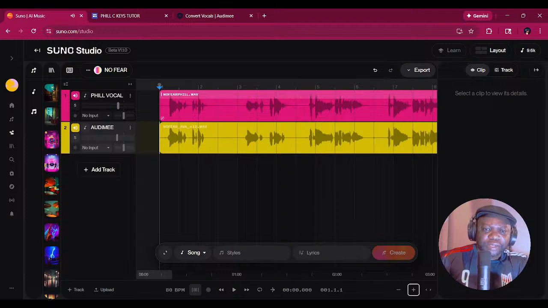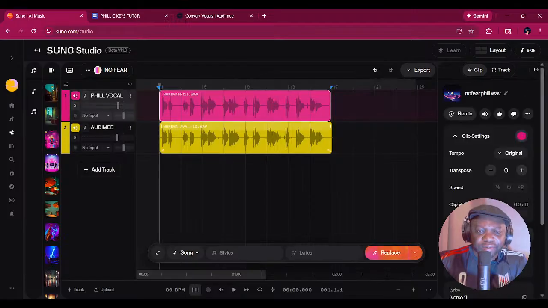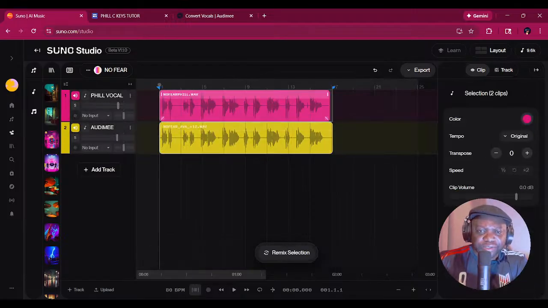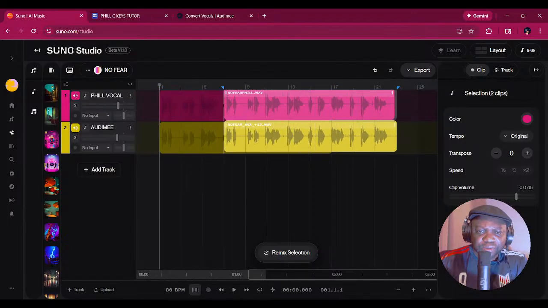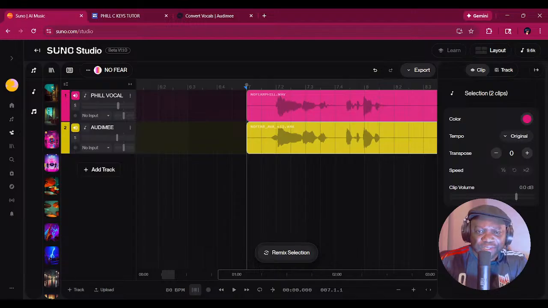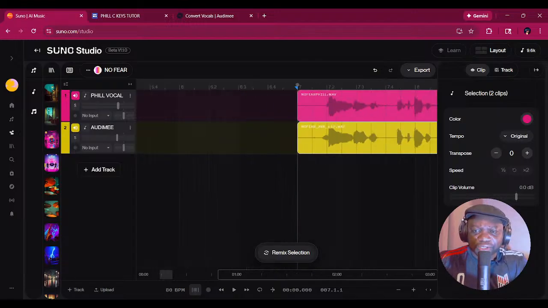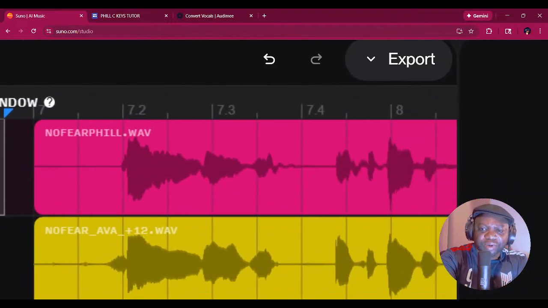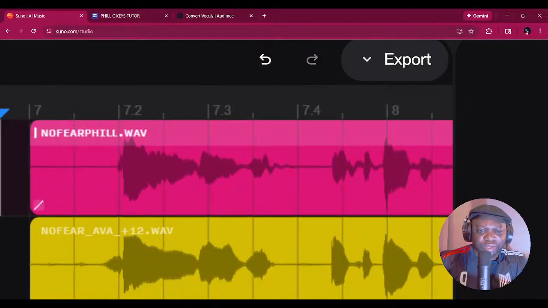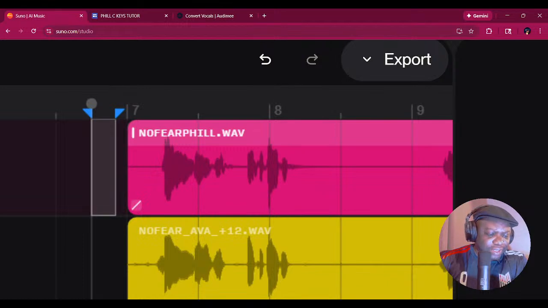So I don't want it to begin, obviously, with the singing. I want it to give me a robust introduction. So I'm going to move this to round about 9. If you look at the top, let me make it bigger so you can see. You see at the top you have all these numbers showing you the count. So I want to move this to 9.